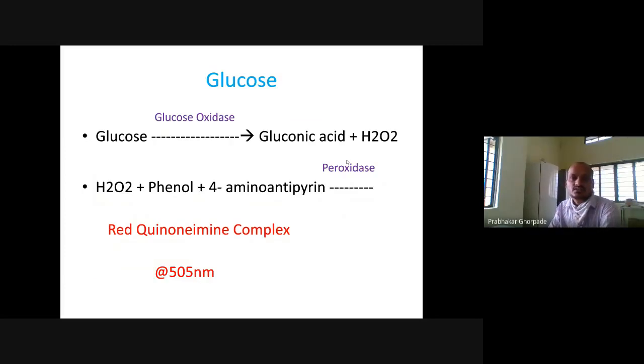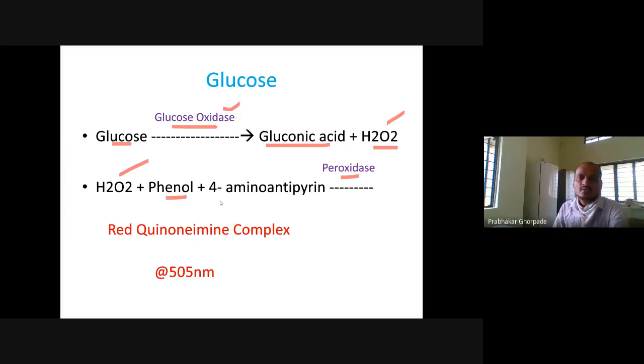Okay, there is also the glucose oxidase test. Glucose oxidase and peroxidase we were talking about. How do we do this test and what is its principle? During the glucose oxidase test we use glucose oxidase and peroxidase. The glucose is converted into gluconic acid plus H2O2 with the help of glucose oxidase. So with glucose oxidase, we break glucose into gluconic acid and hydrogen peroxide, H2O2.